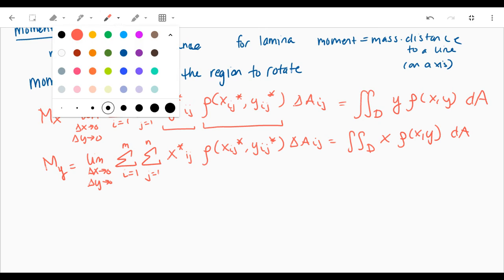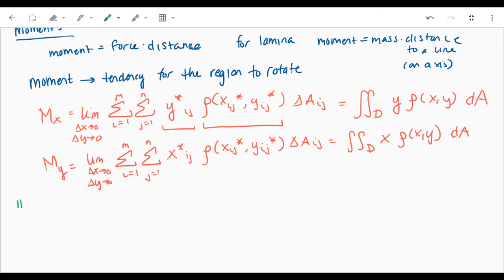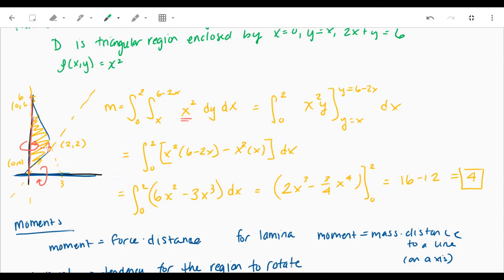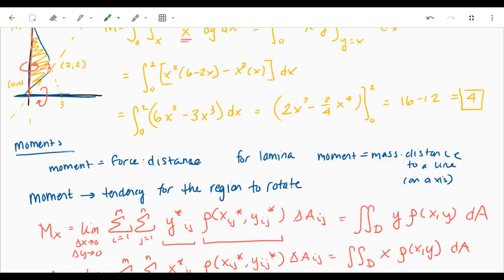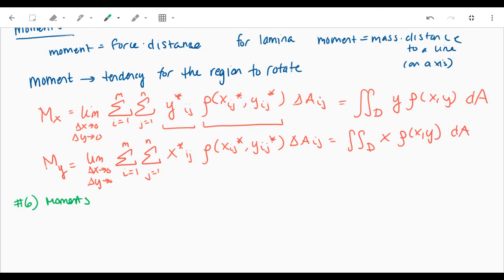So back to number 6. Number 6, we're going to find the moments. Okay, so basically all we're going to do is the same integrals that we did before, but for the moment around the x-axis, we're going to throw a y in there, and for the moment around the y-axis, we're going to throw another x in there. Okay, because this is the only thing that makes this different than your mass integrals,